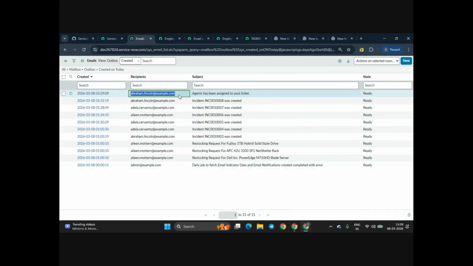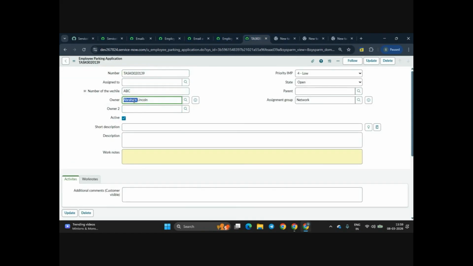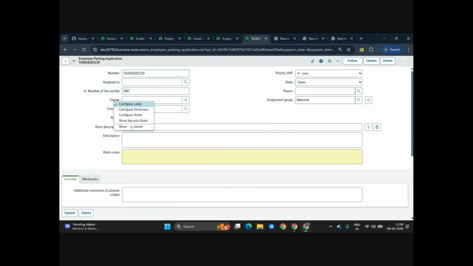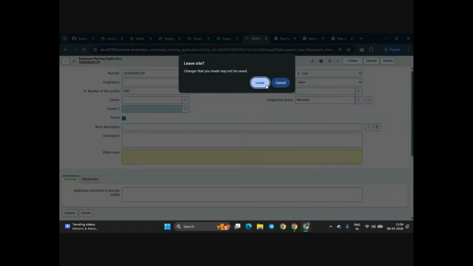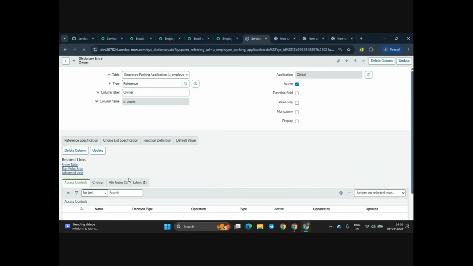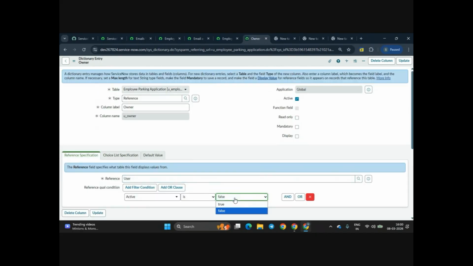Abraham Lincoln. Okay. So how did Abraham Lincoln come? He's the owner of this particular thing. Let me change this. Let me go and choose. We do have a condition here. Do you remember last time we changed the condition here? Yes. So we have set the reference qualifier active is false. Let me change that and